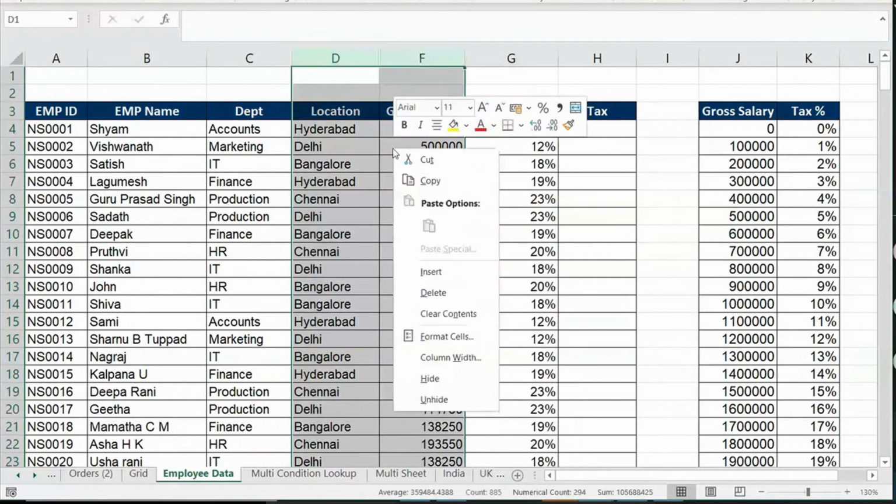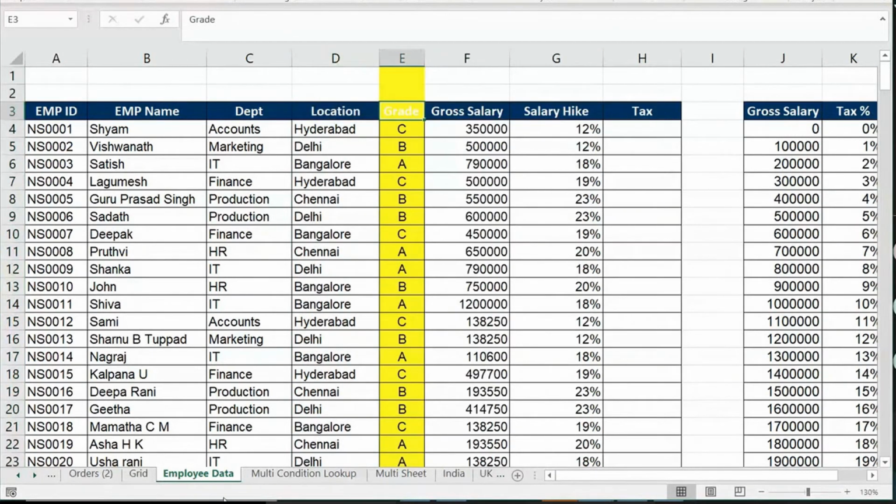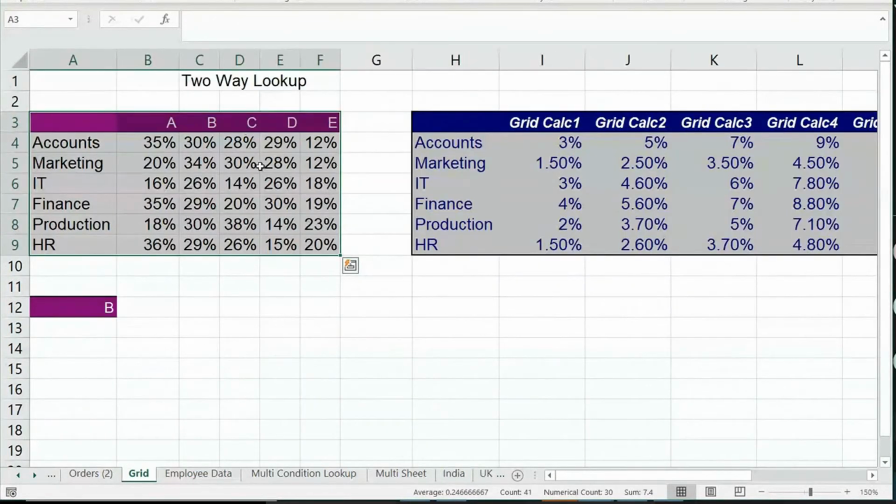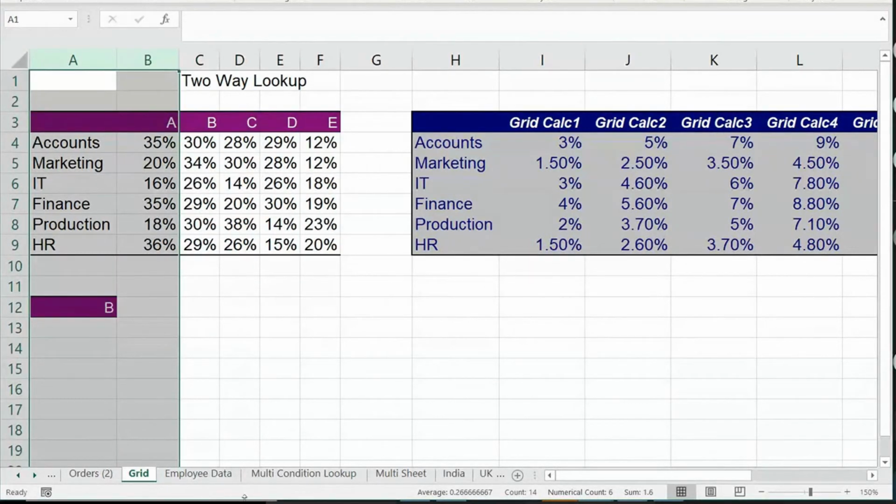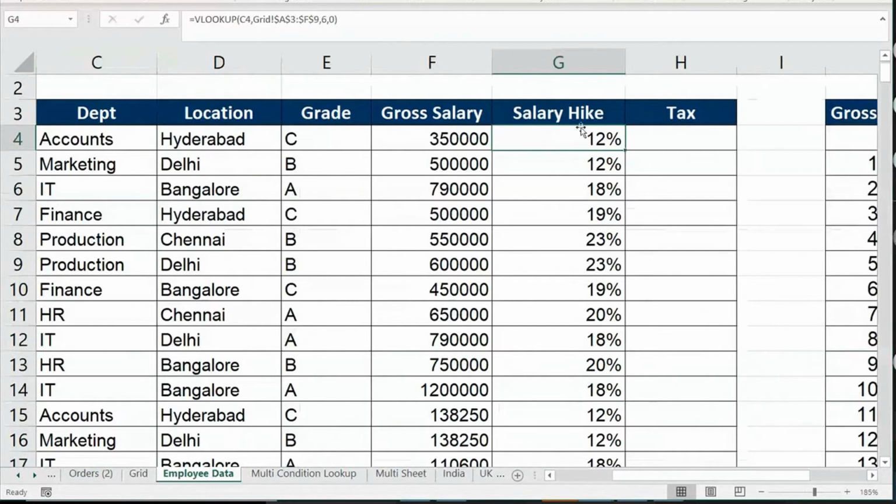The challenge is they have the grades also, and this percentage will vary based on the grade. But I have not taken from these grades now. I've just taken from these grades. So I need to find a mechanism where this should be made automated to change depending on the grade.